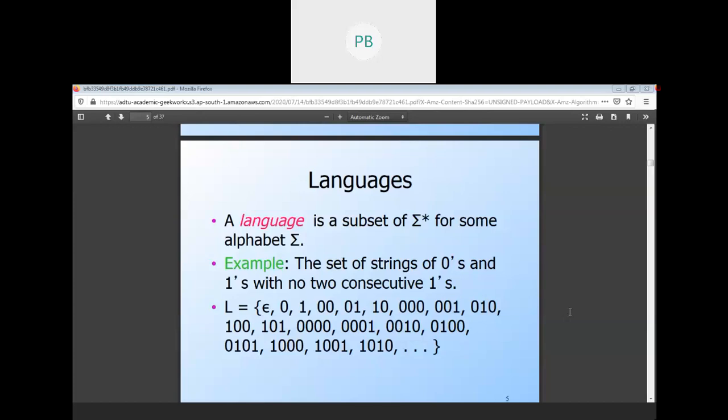languages. And I have shared the names in the chat box.